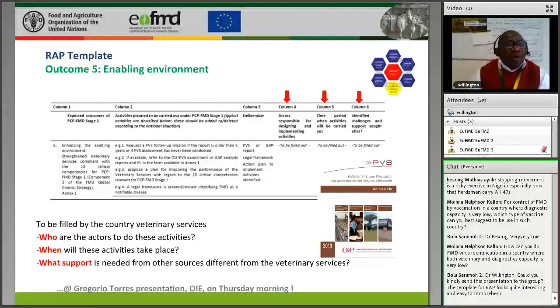The fifth outcome of doing a risk assessment plan is to look at the enabling environment. With respect to enabling environment, we are referring principally to the veterinary service. What is the performance of the veterinary service? What are the structures that are in place for the veterinary service to coordinate activities among stakeholders, the public veterinary service, the private veterinary service, all the actors along the value chain,